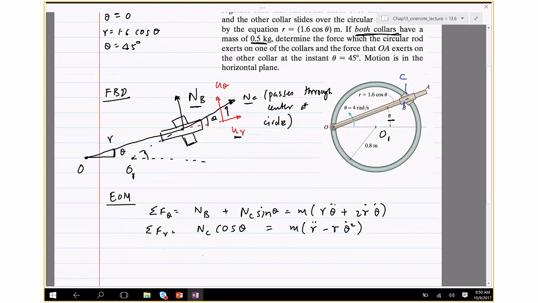I have to find NB and NC. I'm given that R equals 1.6 cosine theta. So from that I can find R dot, R double dot, theta double dot is given. So basically I can know everything on the right hand side. The only two unknowns are NB and NC. It's two equations for two unknowns, and I can solve the two unknowns. So I'll complete this later and post